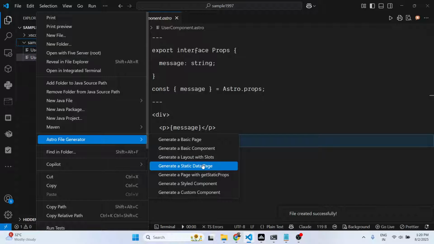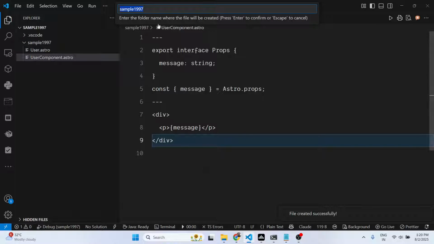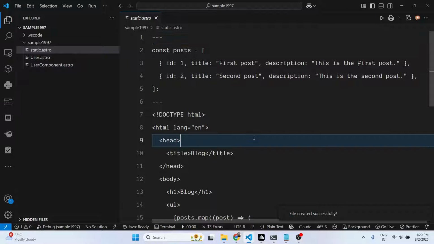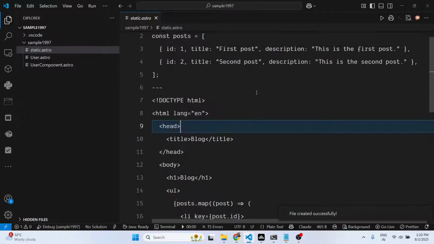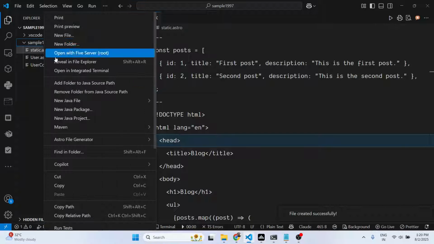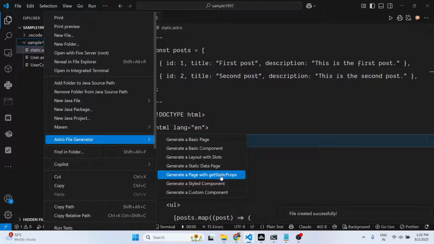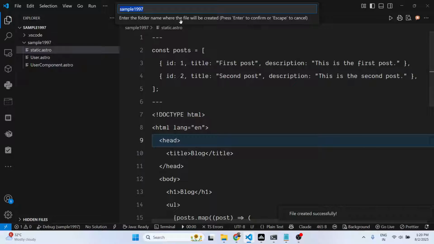If you want to generate a static page, you can even create a static page as well. You can see automatically the boilerplate code has been generated. So all the files are there. If you want to create a styled component,